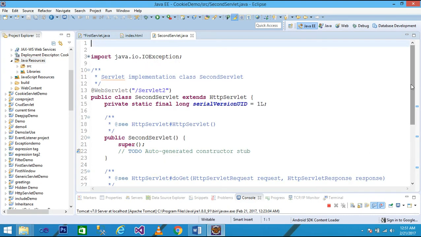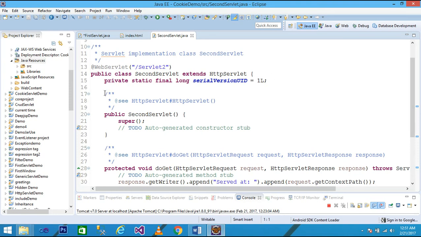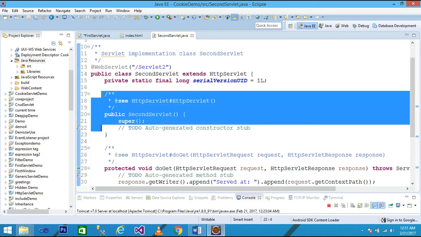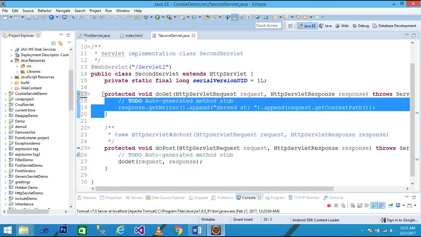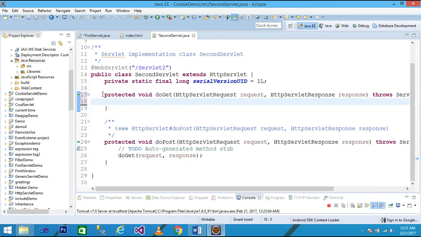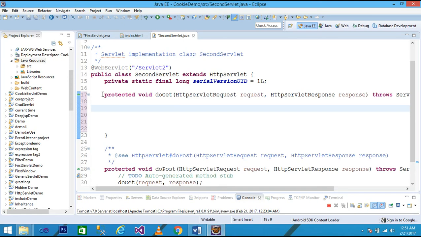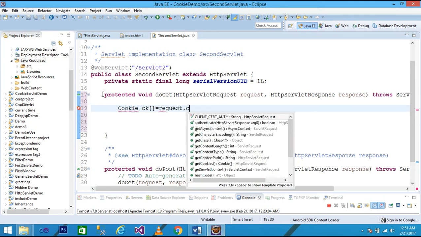The second servlet is also created here, that extends from HttpServlet. I simply select all this information and delete, and I also delete all this information. Within the doGet method of the second servlet, I want to get the cookie value. So first I create a cookie object, an array of objects, ck equal request.getCookies